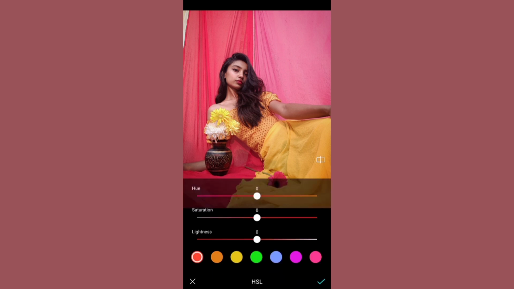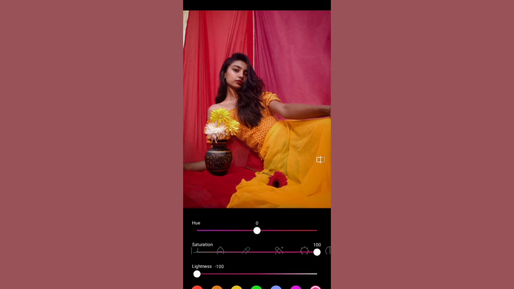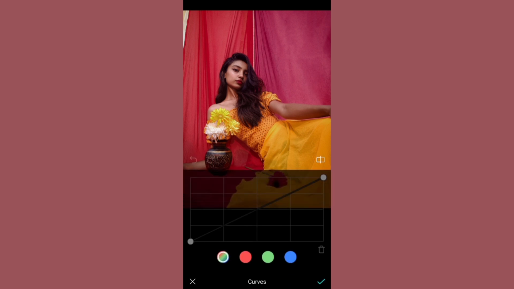For red, I want the color more deeper, so increasing the saturation and decreasing the luminance. For orange, increasing the saturation and the luminance. For yellow, increasing the saturation and decreasing the luminance, and for magenta, increasing the saturation and decreasing the luminance. Then go to the light curve and I am taking the top point a little higher, then tap save when